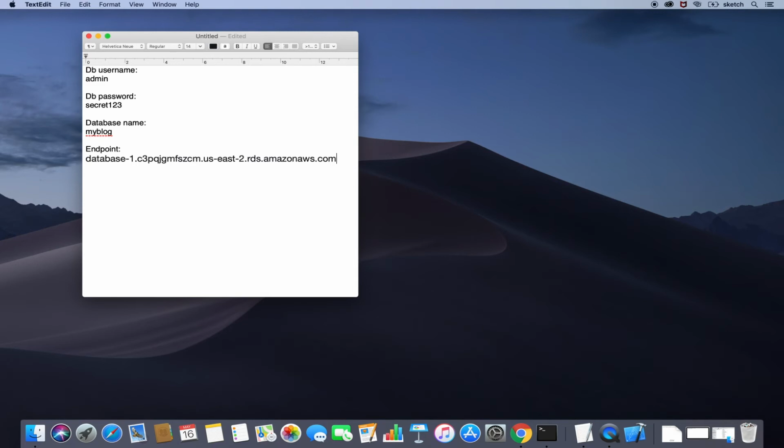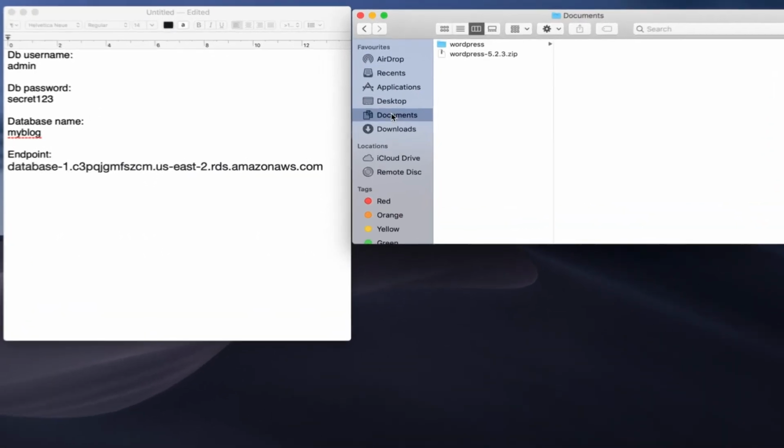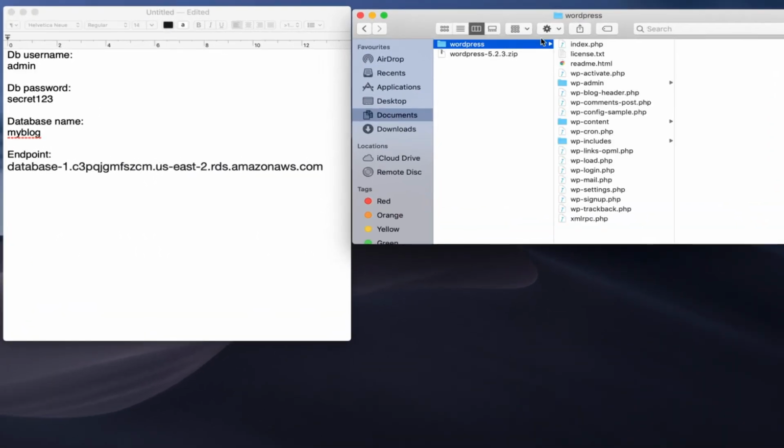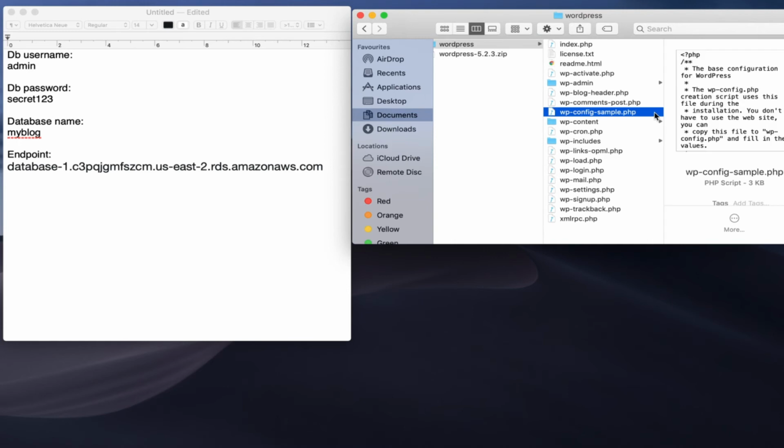Now we will set these database connection details in the wp-config.php file, which is a configuration file for WordPress. If you are working on any other project which is not WordPress, then put these properties in the file where you configure your database. Let's go to our WordPress home directory that we had set in tutorial number 3. Since this is a new installation, they have provided wp-config-sample.php. I'll just copy paste this file and rename it to wp-config.php.